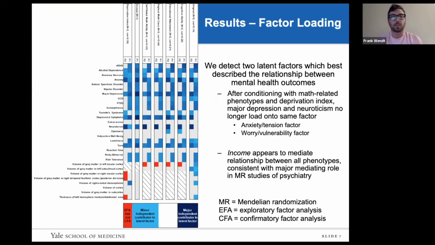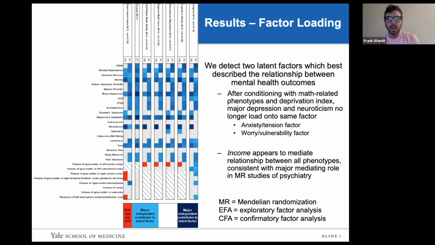Next, we perform structural equation modeling, again using the same process where we look at the structural equation models using the original phenotypes, and then the same models using the conditioned version of each of these phenotypes. I want to point out 2 major findings from this SEM experiment. The first of those is after we condition with the math-related phenotypes, self-rated math ability and highest math class, we see that major depressive disorder and neuroticism are no longer loading maximally onto the same factor. And if we start looking at the patterns in those factors, we tend to see emerging some anxiety tension factors and a worry vulnerability factor, representing those 2